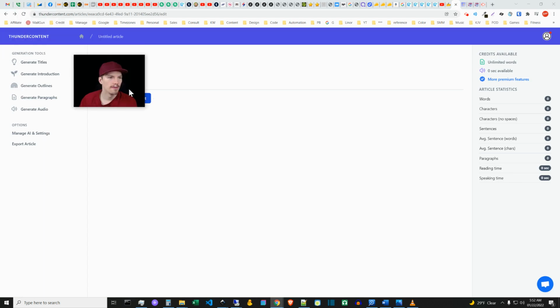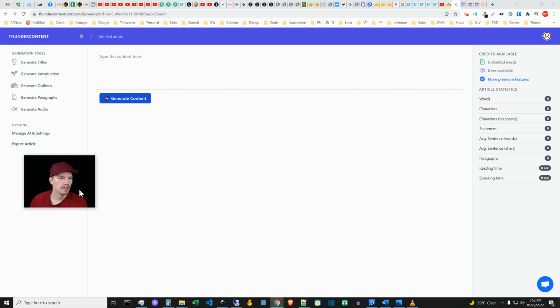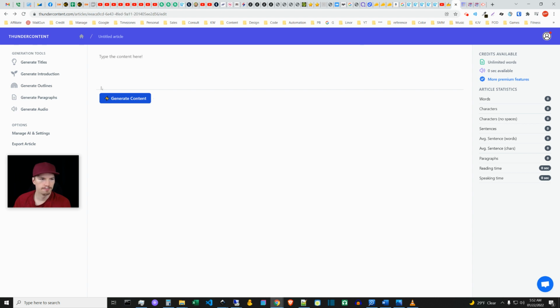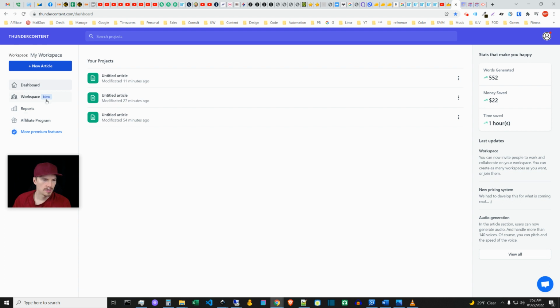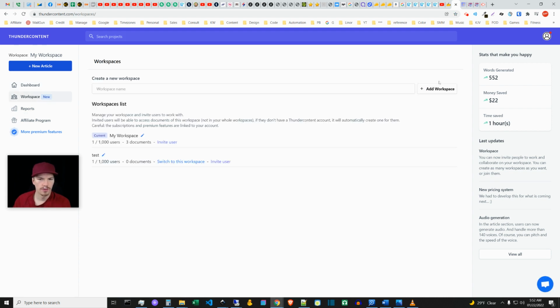So here's Thunder content. Now Thunder content is a lot simpler. I like the UI. What I thought was really cool about this was the fact that, let's go to the home page. It has like this collaboration feature. So if you go to workspace, you can create multiple workspaces, and then you have a set of users. I think that's shared across the whole account,